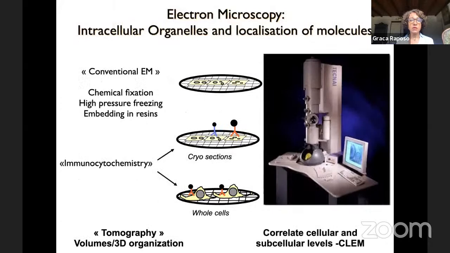So I'll go first through what we call conventional EM, using normally chemical fixation. Chemical fixation is done normally with aldehydes, like glutaraldehyde. We can use a mixture of glutaraldehyde and paraformaldehyde. We never use what we call formaldehyde. This is freshly made paraformaldehyde that you also use to fix samples for fluorescence microscopy. So we can use glutaraldehyde, paraformaldehyde,